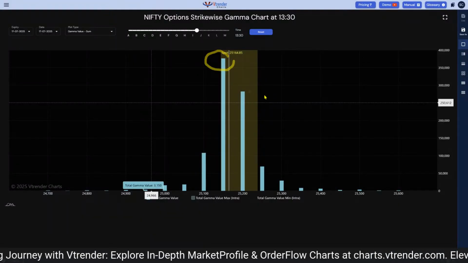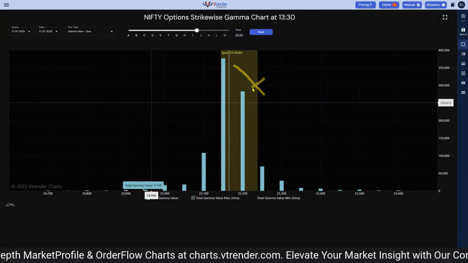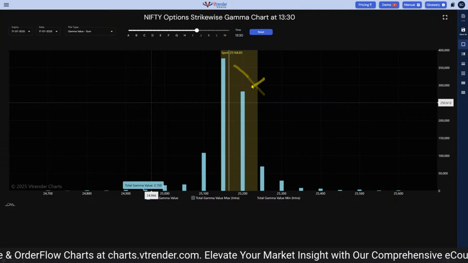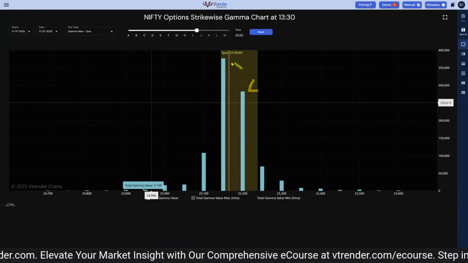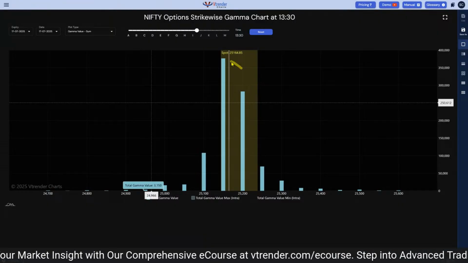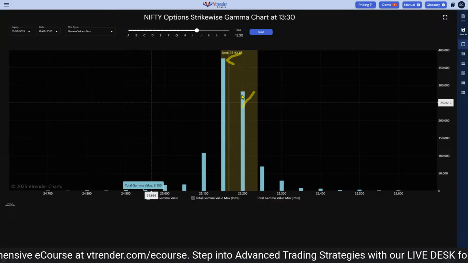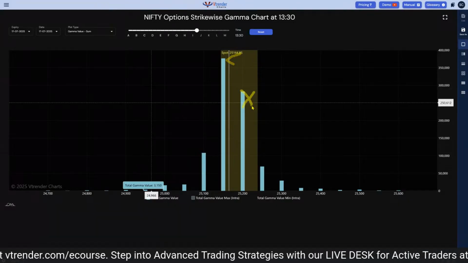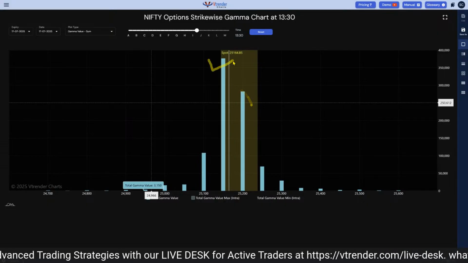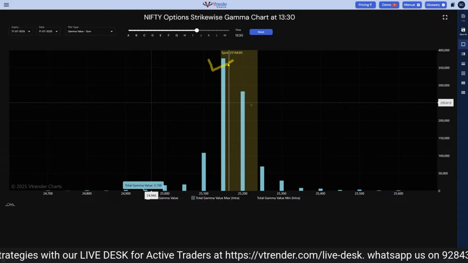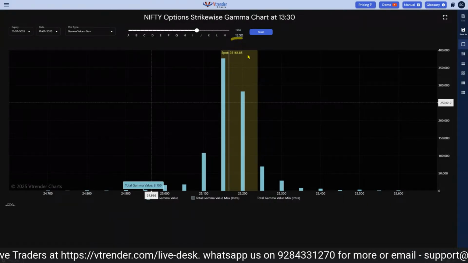Now, what did this shift tell you? This shift told you that people were expecting 25,200 to be the close of the series. That information which the market had built in yesterday and today in the morning has shifted now. So it's no longer expecting 25,200 to be the closing point. It's now expecting 25,150. Is this final? Absolutely not. It's probability math. The market is still open and it's only 1:30. There are 2 more hours to go.